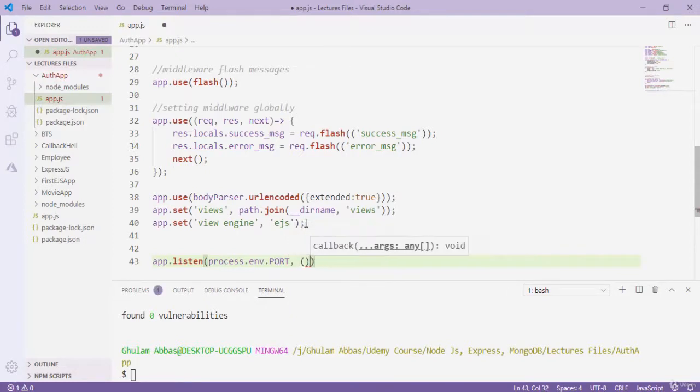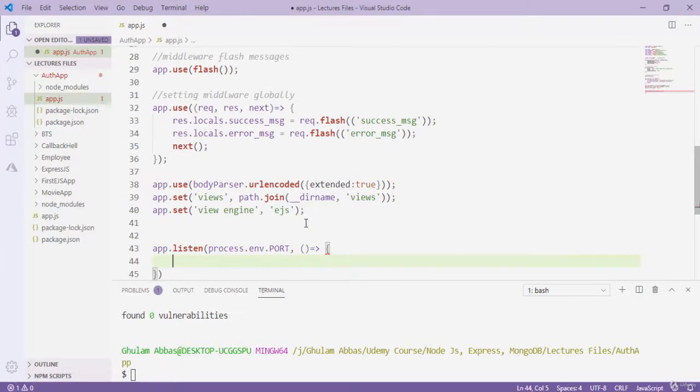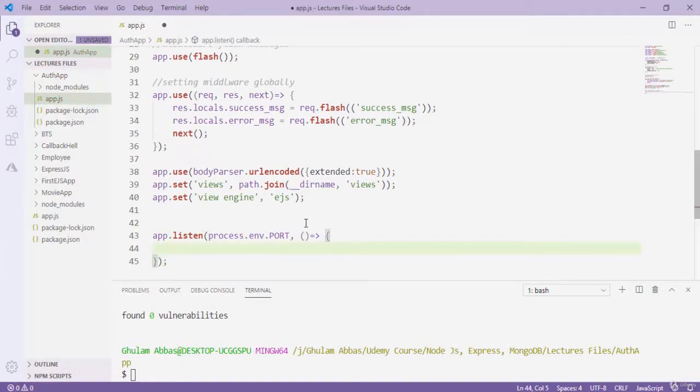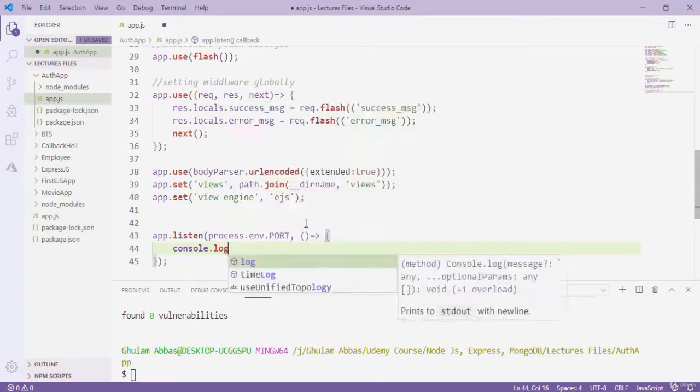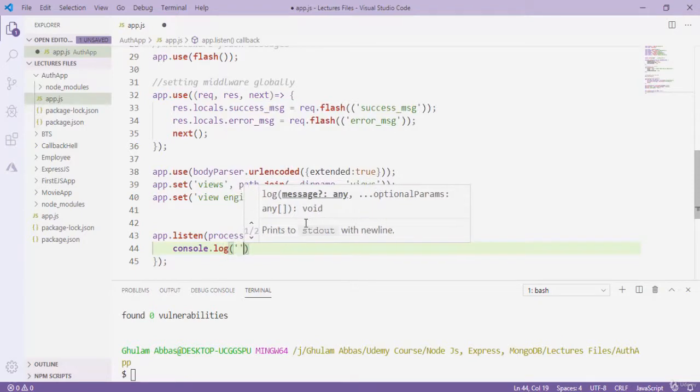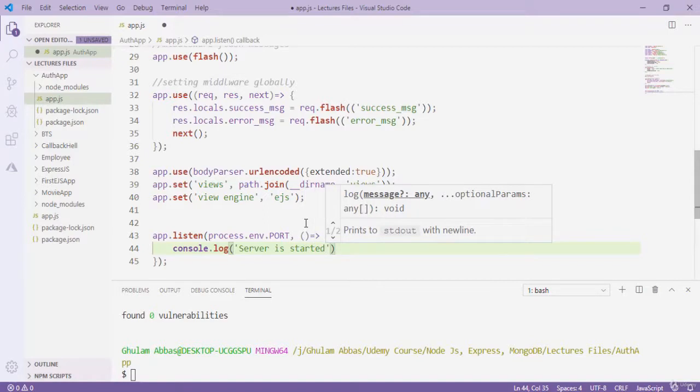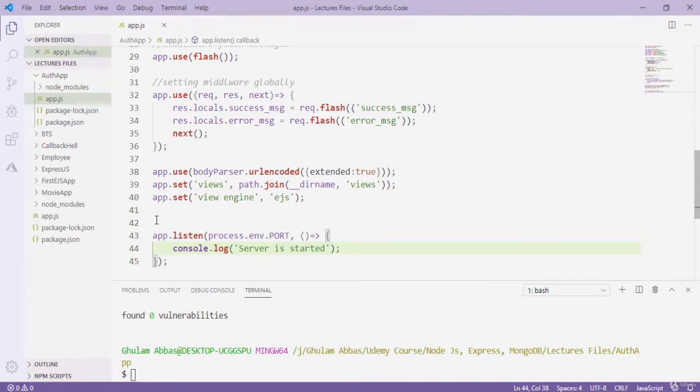And after that I type here a simple line, console.log, and I type here "server is started", like that. Okay, and we have done a lot of work here. So first of all, let's create